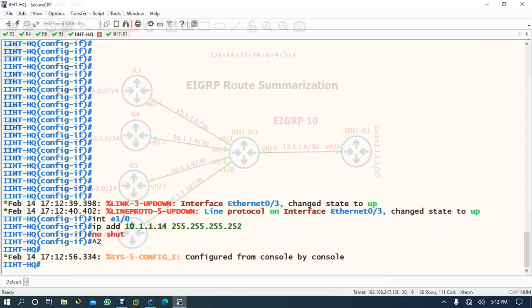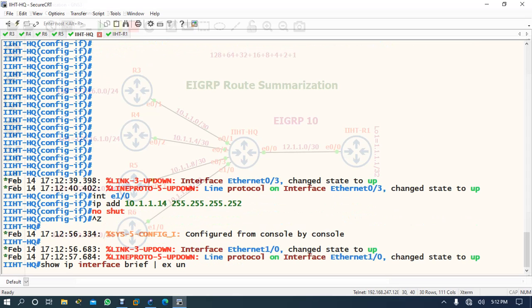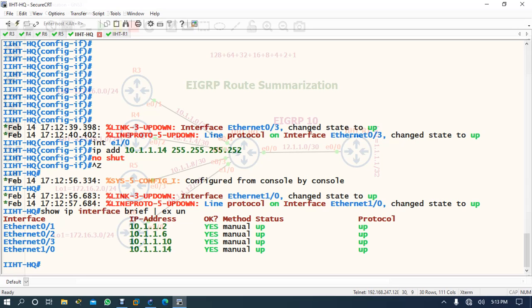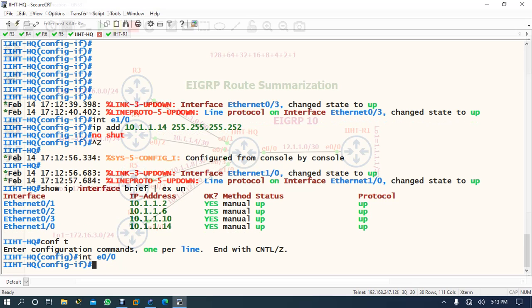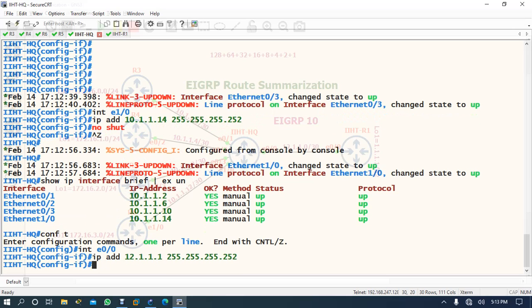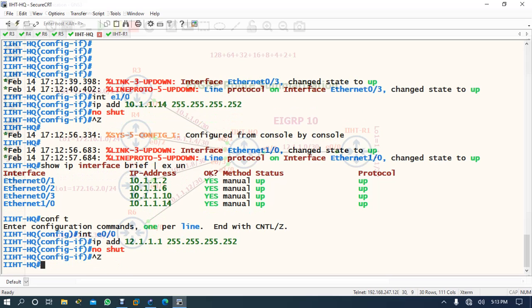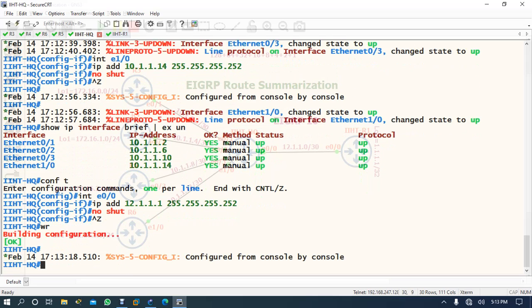After that, if you come here and verify, all the IP addresses are configured now. One more is missing. Interface E0/0, IP address is 12.1.1.1, no shut, and then you can save this configuration.